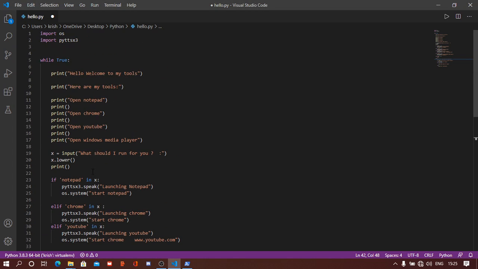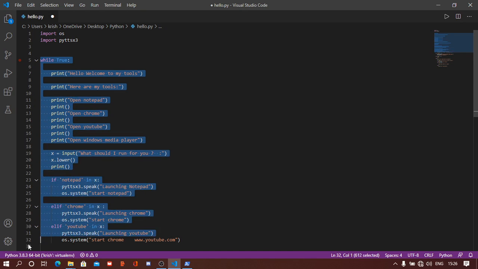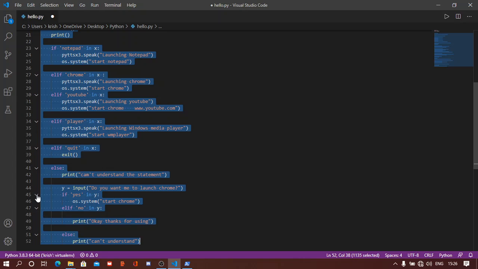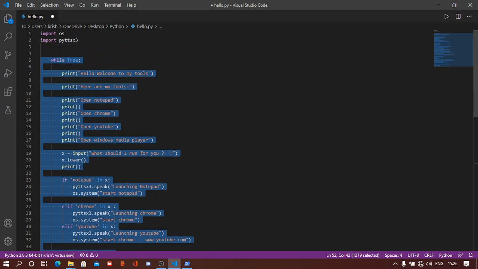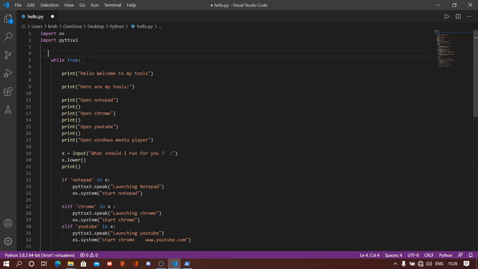So here it is, guys. This is the code we have written, and I'll just select it all and press tab, so I will not get any indentation error in it. So I'll write username is equal to input, so we'll take the input from the user and enter your username. We'll add some space here